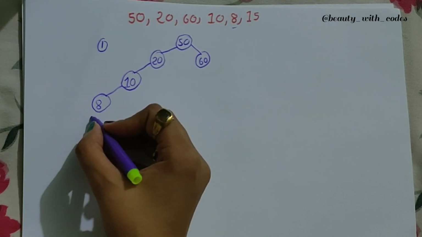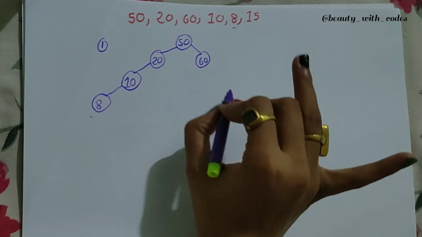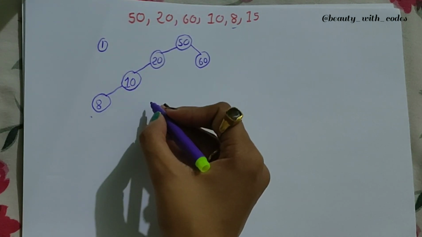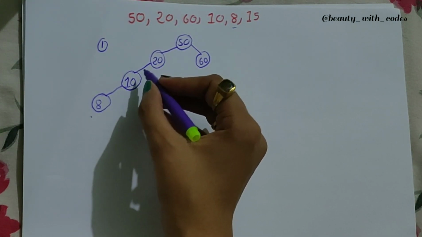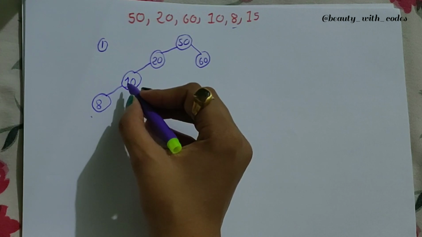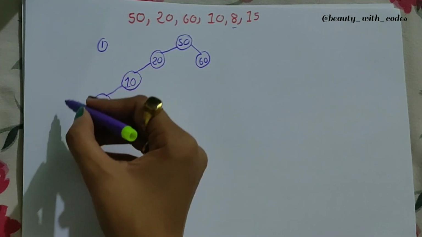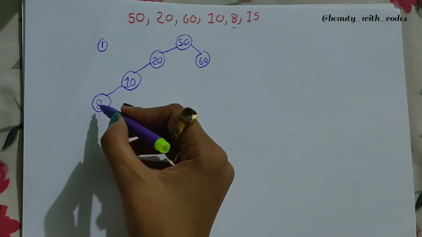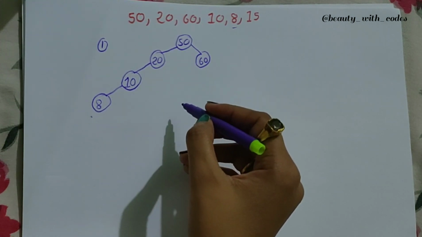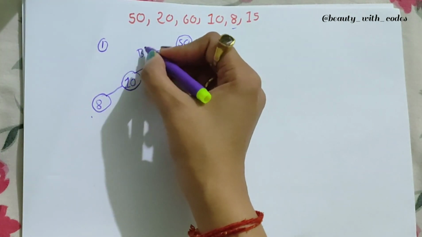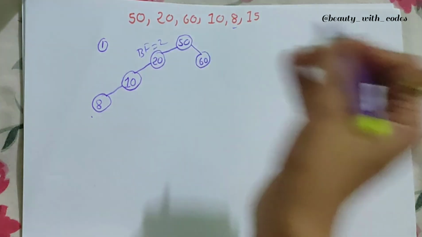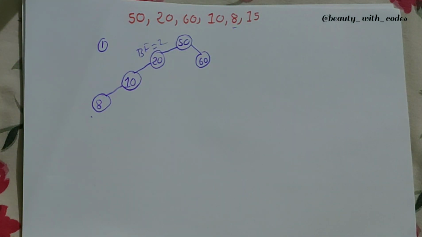Now check. 8, 0; 60, 0. You know the reason. 10, 1, you know the reason. What about 20? In the left subtree it has 2 elements, 10 and 8. What about right? It has 0, so the balance factor of 20 is now 2, isn't it? So the balance factor equals 2, but as I already said, balance factor should not exceed 1. It means now we need to balance.